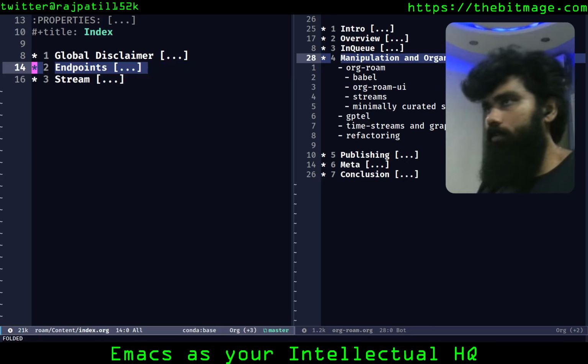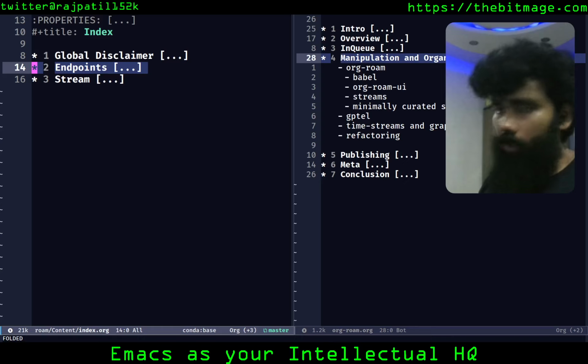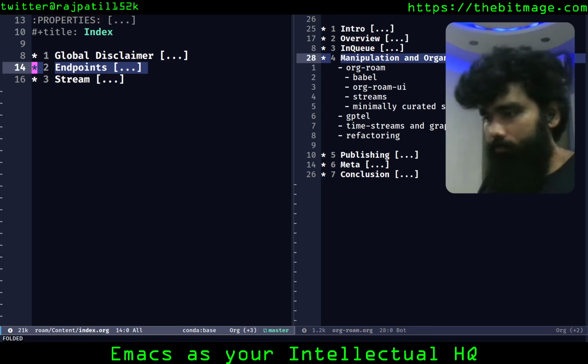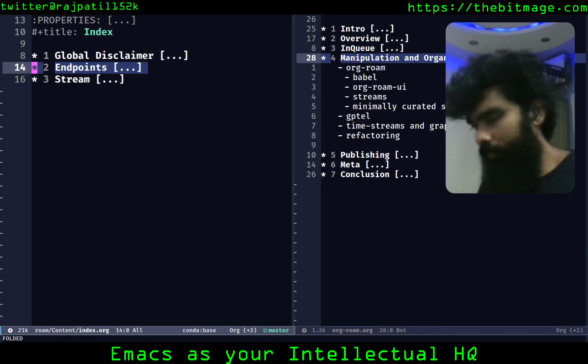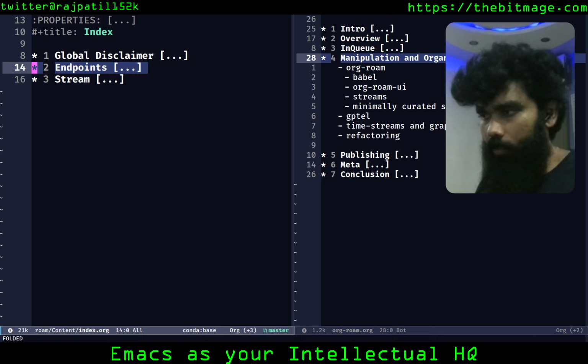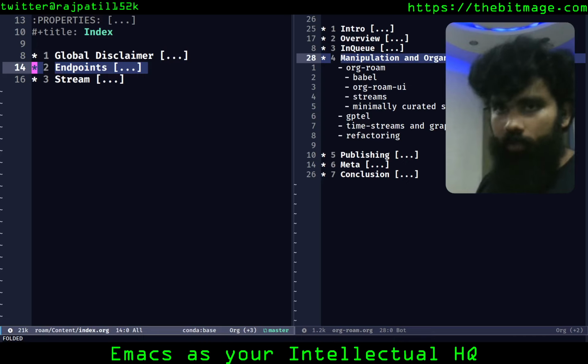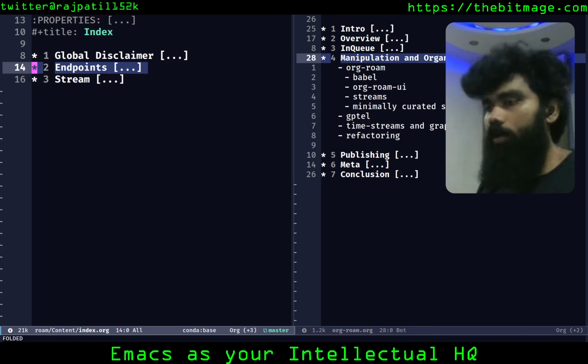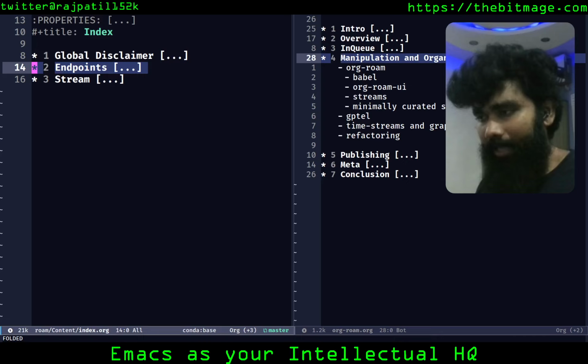And that's pretty much it for the basics of org-roam and how it is structured. Now we're going to get into some details that really help you configure your workflows and get good with what you're doing. Babel is the execution engine that org mode uses. Org-roam is based on org mode. It's just org files and the whole mechanism of connections that I explained. That is a library, org-roam, that is doing all of this.